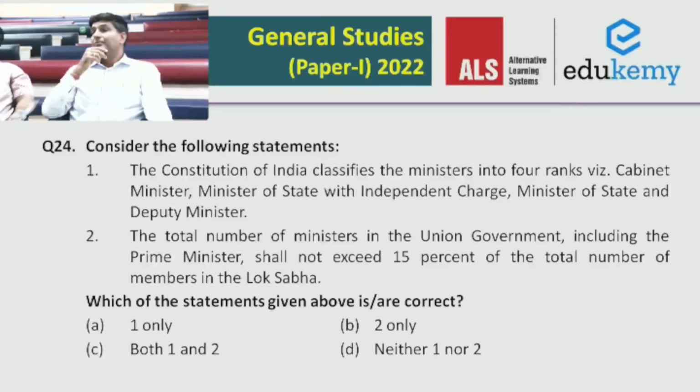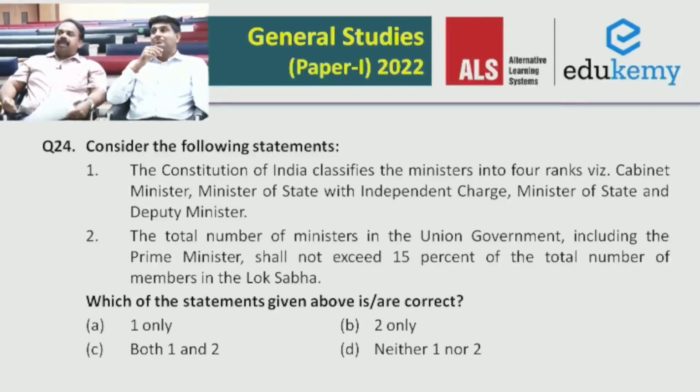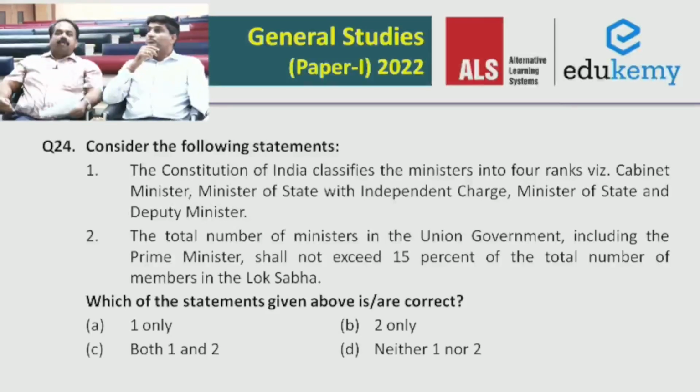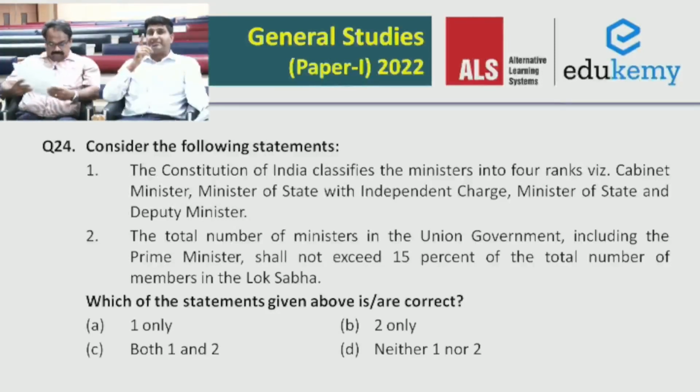In fact, for statement number 1, I would like to add, in most places only the council of ministers is mentioned, and only in the 44th Amendment Act did we even introduce the term cabinet minister into the constitution. Otherwise, no classification. Everywhere it is mentioned as council of ministers. But there is a different oath for cabinet minister and a different oath for minister of state. So statement 1 is incorrect, statement 2 is correct. The answer for this question is B, Bombay. Question number 25.